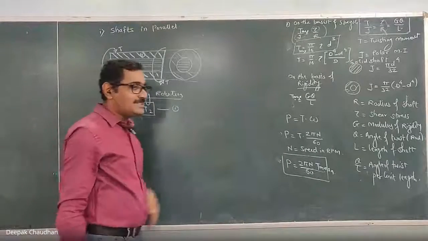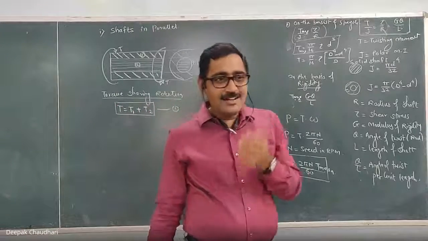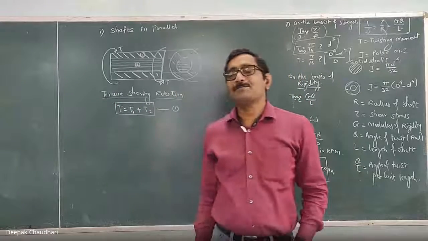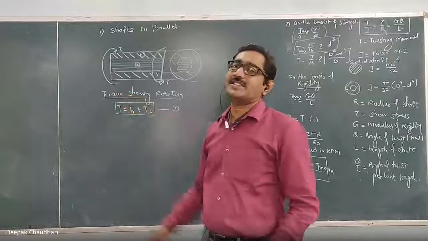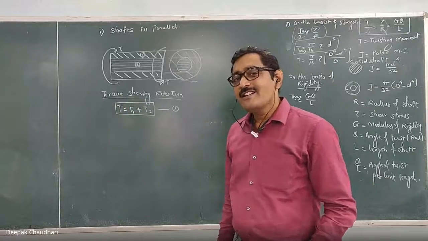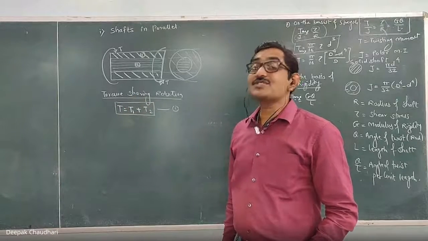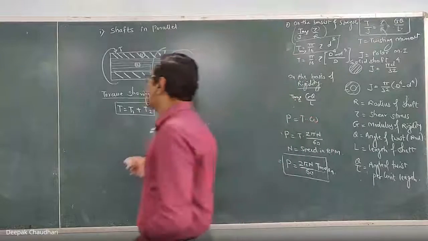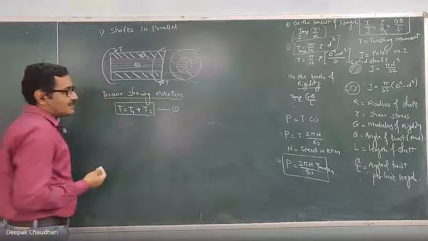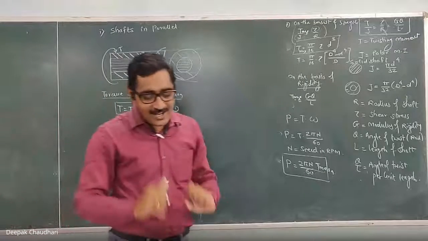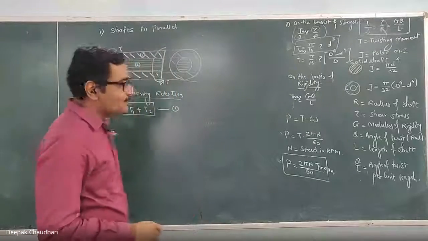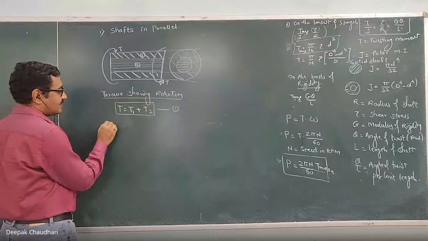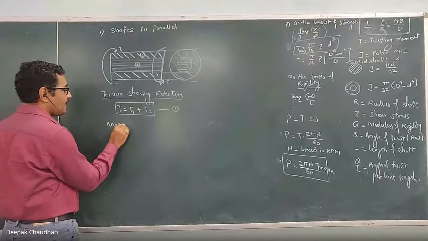In the first lesson, if you remember, when the materials are connected in parallel, we used to write the load sharing relation, and after that we used to write down the strain relation, that is the relation of their deformation. Here also we have to write down the relation of their deformation, but here the deformation is the angular deformation. So we can say that it is the relation of the angle of twist. So what is the relation of angle of twist?